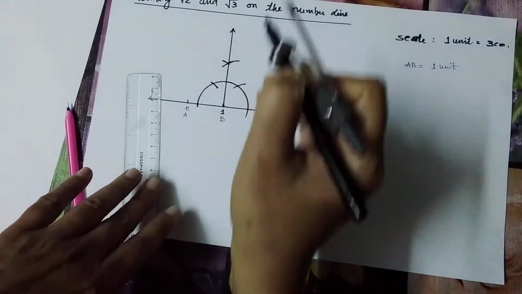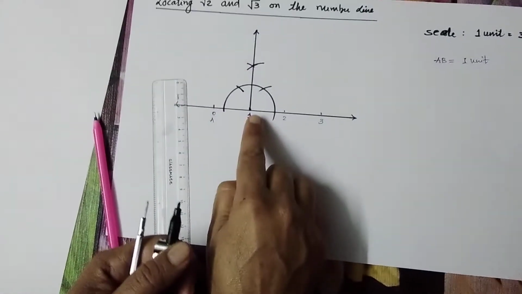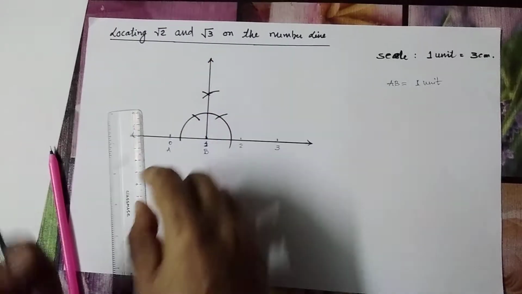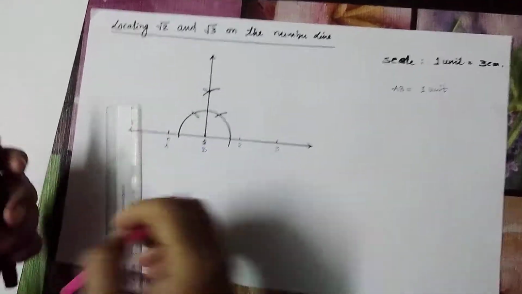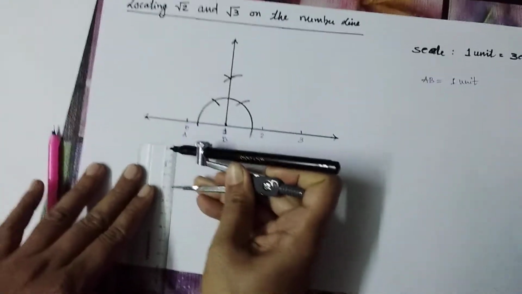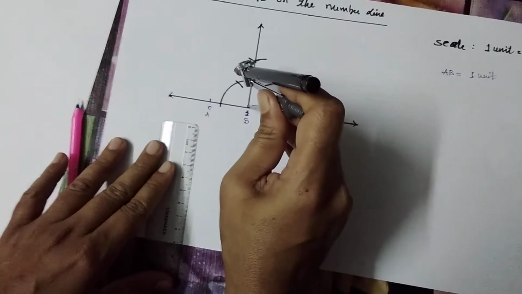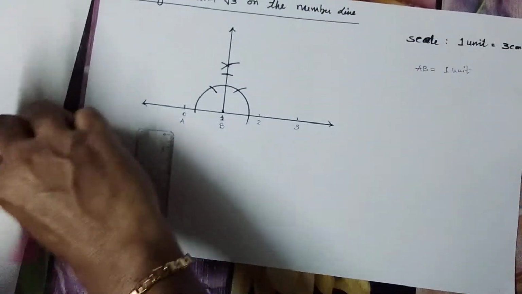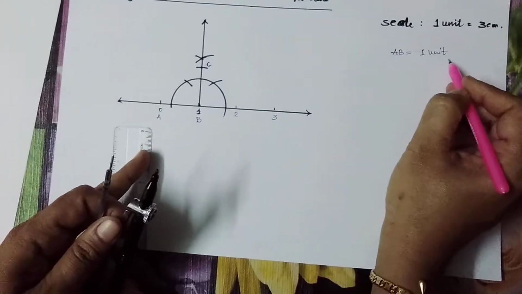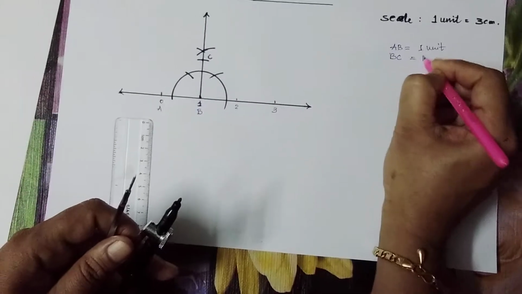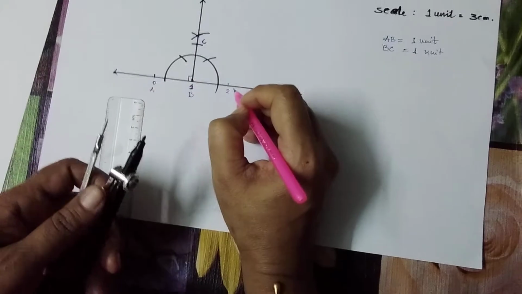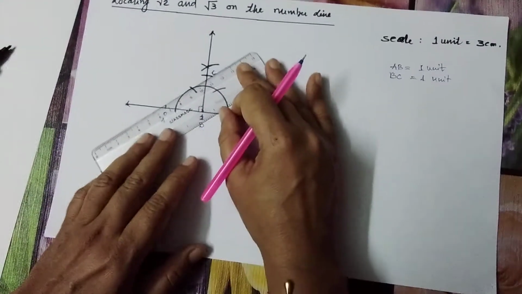This is the perpendicular made at B. Since A to B distance is 1 unit, therefore we have to choose 1 unit distance on this perpendicular also. That is, we need to choose 3 centimeter distance on the perpendicular. So from B I am making a mark and naming this point as point C. So as AB is 1 unit, BC is also 1 unit. At angle B, you may see this is 90 degree. We join A to C.